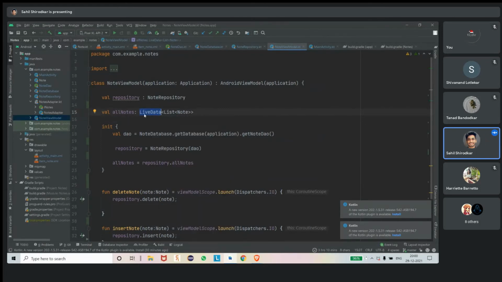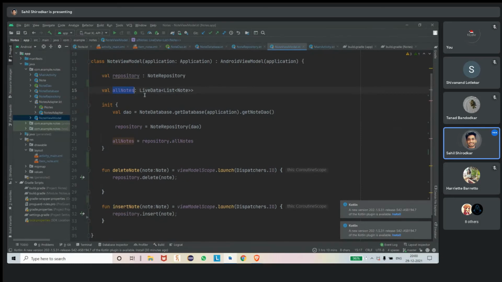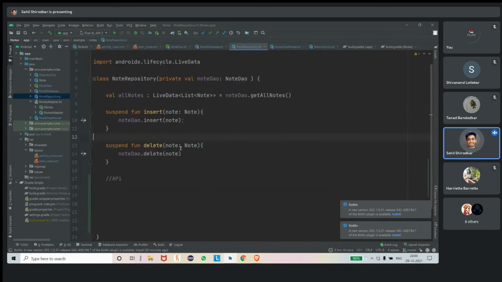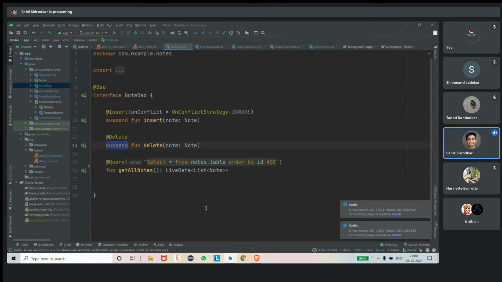What the live data does is observe all the view model functions wherever we have written live data. So it will observe all nodes. Again, inside all nodes, it will observe the repository all nodes, and inside the repository it will observe the node DAO.